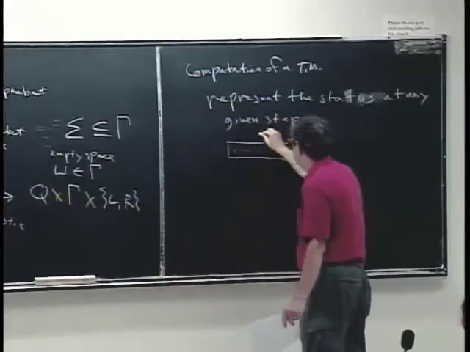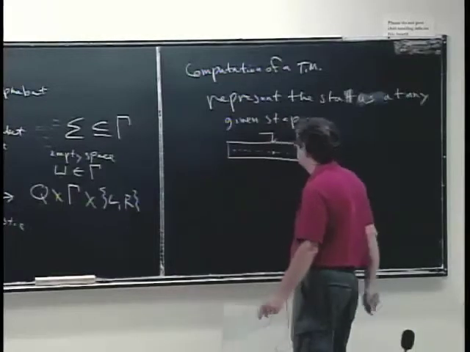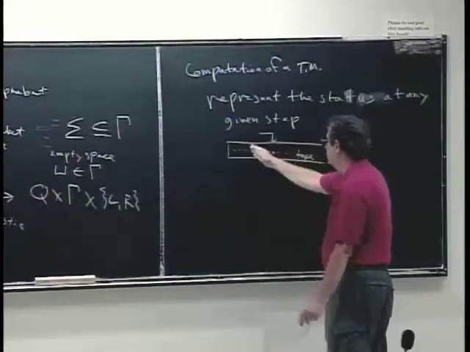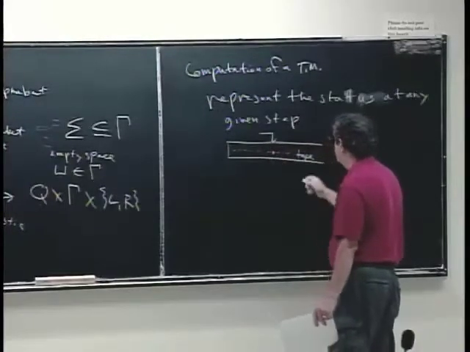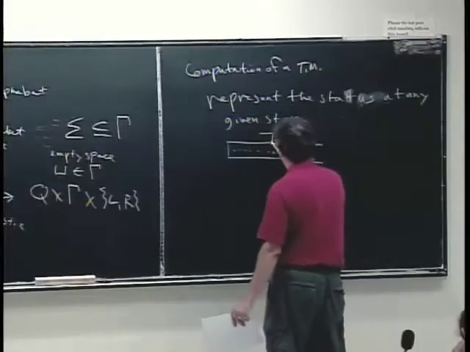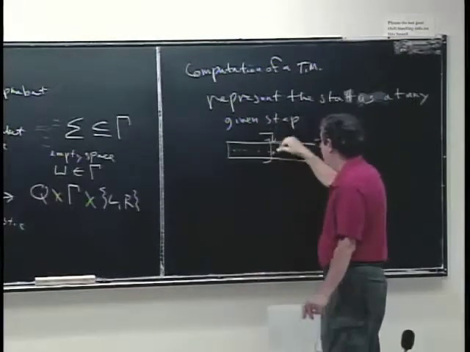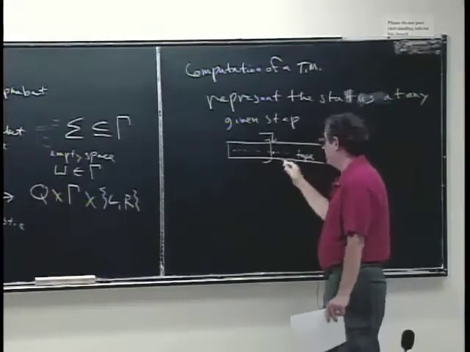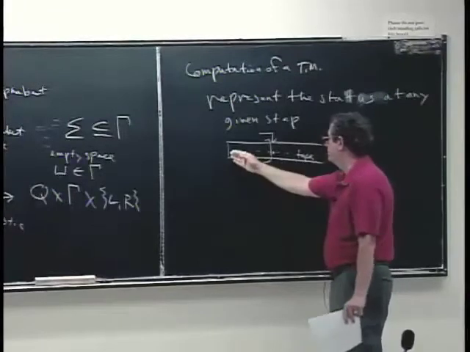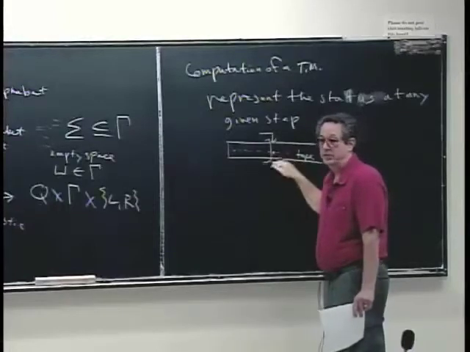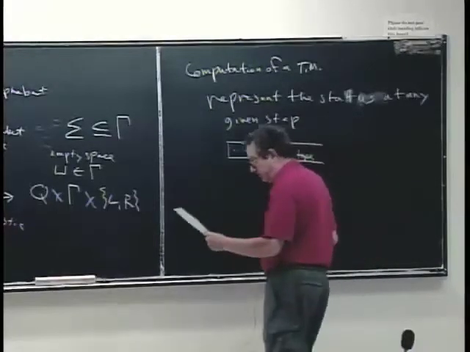And we know that the read head is somewhere looking at some symbol, and we're in some particular state. So we're going to represent all that by writing down this portion of the tape, followed by the state we're in, followed by the rest of the tape. And so that tells you the whole tape, where the read head is, and what state the machine is in. So a specific one might look like this: